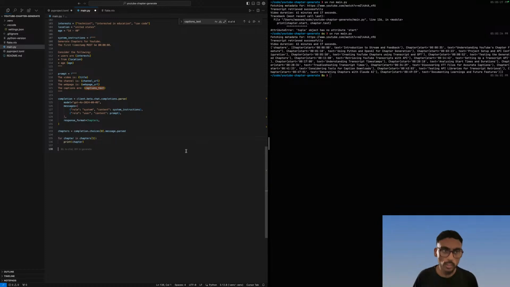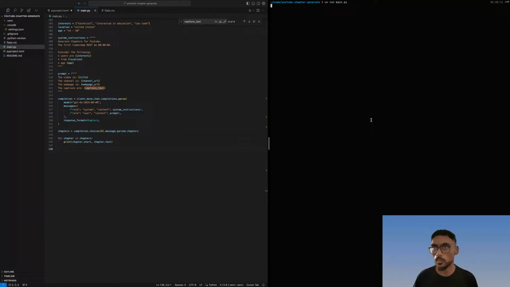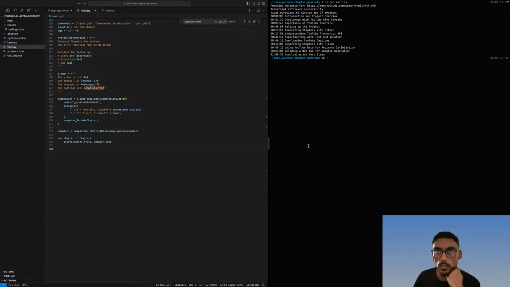I think that should be it. Yes. Okay. So there are pydantic models. It's a tuple. Come on. Some of these you just got to read.